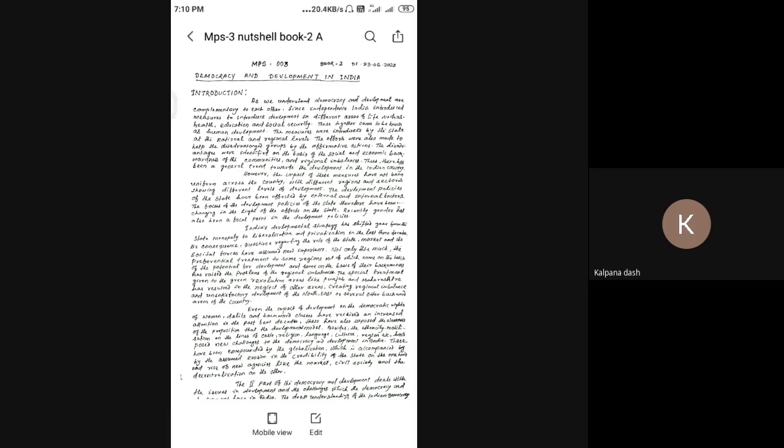My dear students, try to give attention to why I am introducing this particular section of part 2 in a short form: to acknowledge you of the topics and contents of this particular MPS-3 second part. So again, I want to say India's developmental strategy